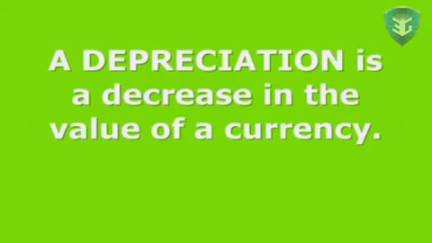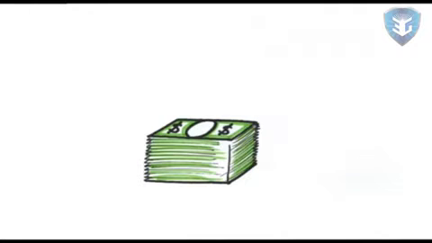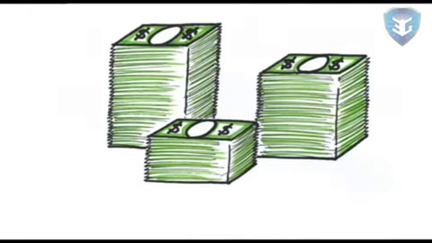Okay, so changes in demand for currency will affect the exchange rate. What about changes in supply? Well, ultimately, who is it that controls the supply of foreign currency? It's the foreign government. If the U.S. wanted to drive the value of its own currency up, it would decrease the supply of dollars. If it wanted to drive the value down, it would increase the supply of dollars. Why would a country want to manipulate its own currency value? Let me give you an example.